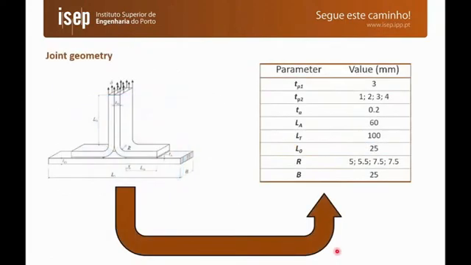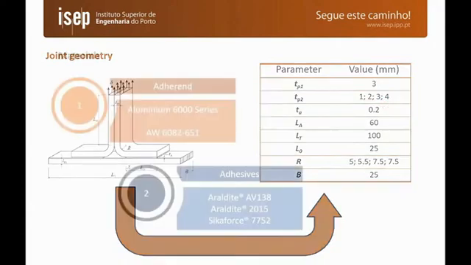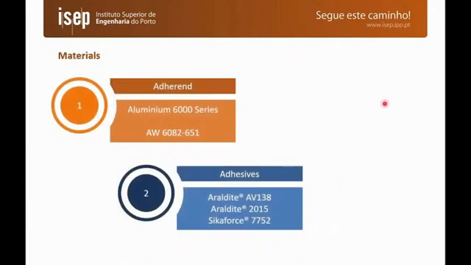For the model's validation, we are considering the same geometry that we used in the optimization study, which is a T-joint, or in this case, a double L joint forming a T. And here, the main parameter that changes in the validation is the value of TP2, which is the thickness of the T adherent. We are going to consider values between 1 and 4 millimeters, and just a single adhesive in the bond. And the materials are a medium strength aluminum alloy, the